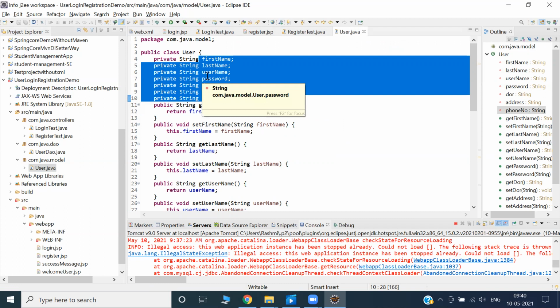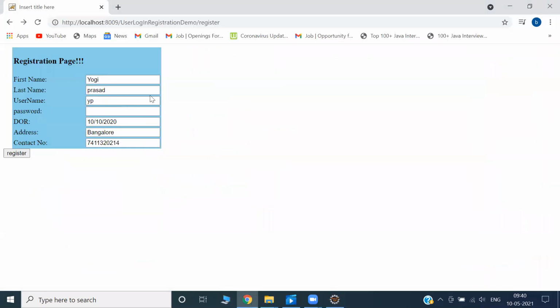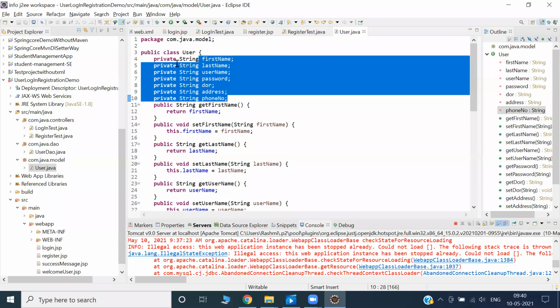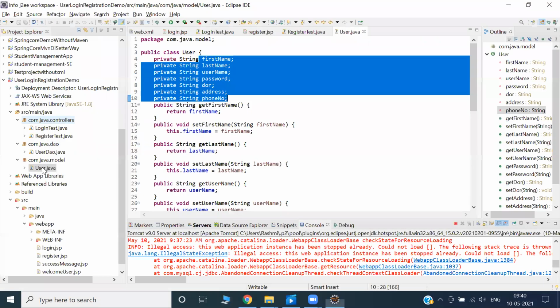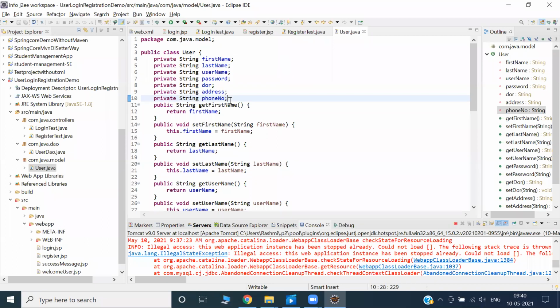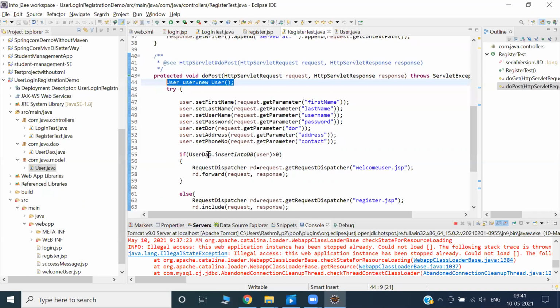If you have less data, you will get an error. Suppose some fields are there and you want to relate them to the same page. You can use one Pojo class. You can have more data, but you cannot have less data. You can have more fields, another 3-4 fields extra, that's okay, but not less. We'll understand this controller class more and more.